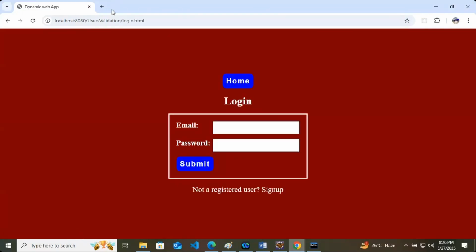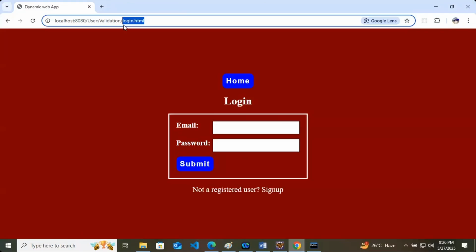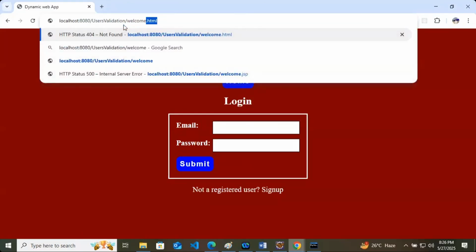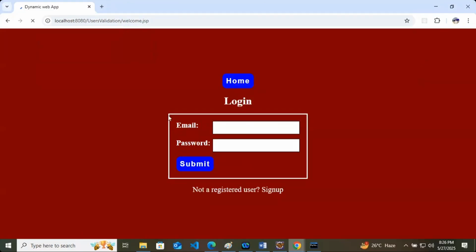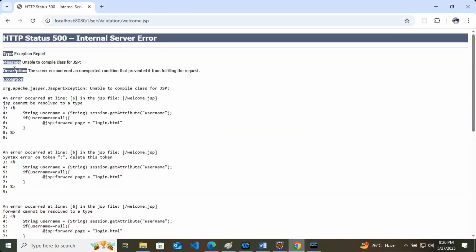So these pages are working. Directly, I will try to fetch the welcome.jsp page now. Error. Error on the 6th line.